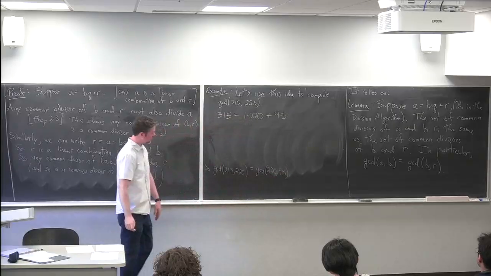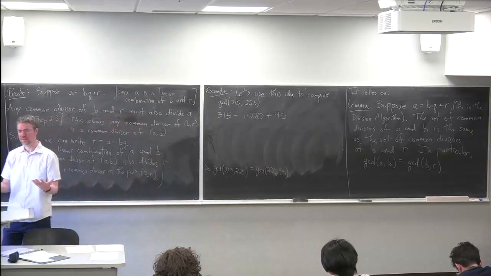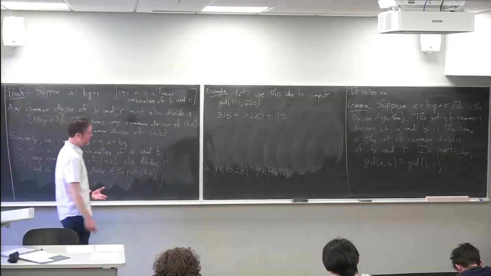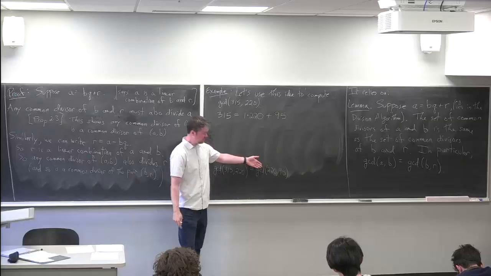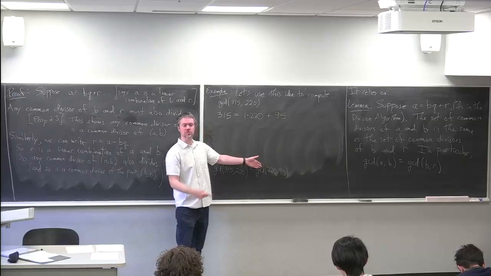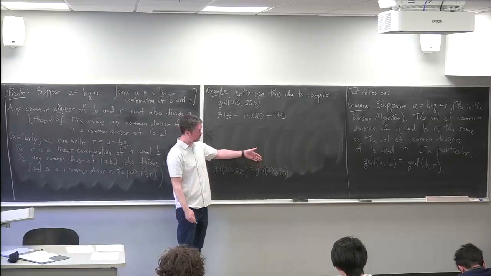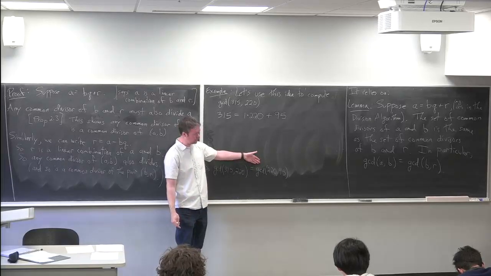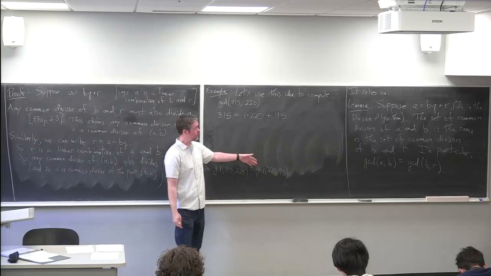Okay, so that's supposed to look like an easier thing to figure out, and that's the point. Okay, and then the next point is, you don't just figure this out. You say, well, why don't I just do what I did again? So if you were tasked with finding the GCD of 220 and 95, then you could apply this idea